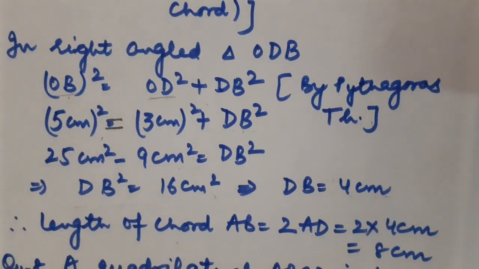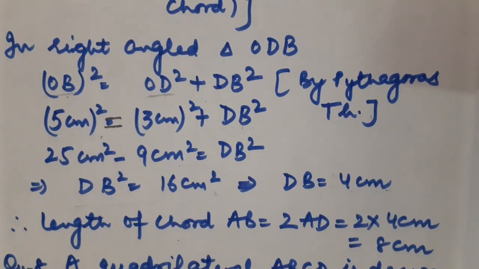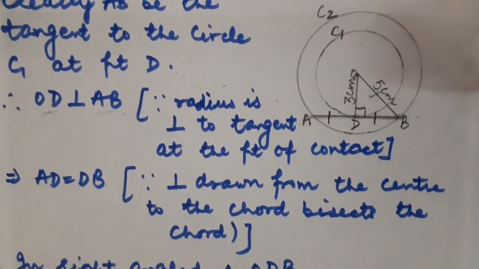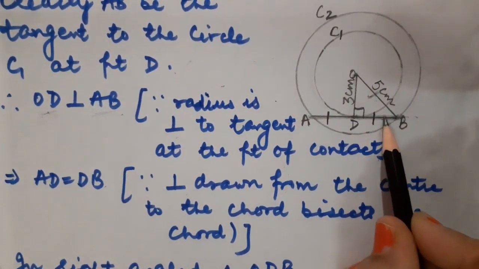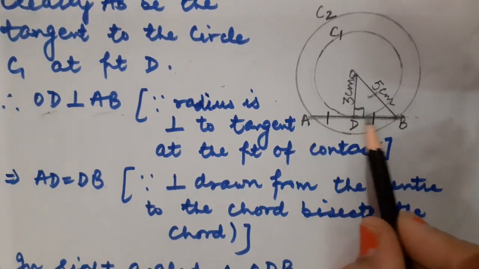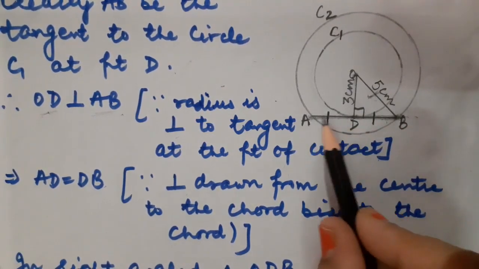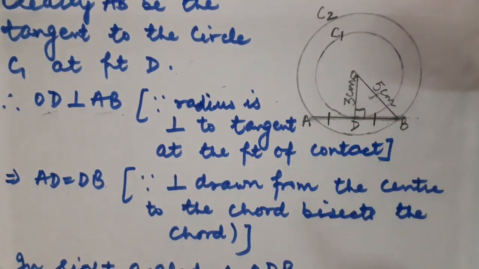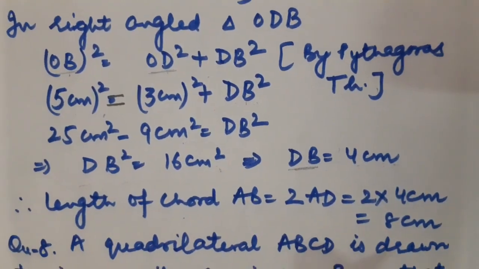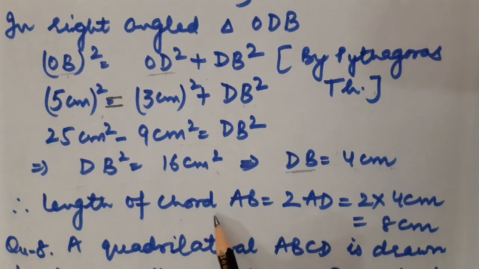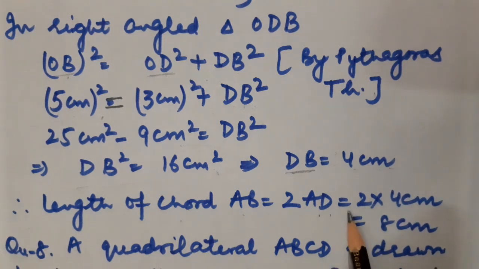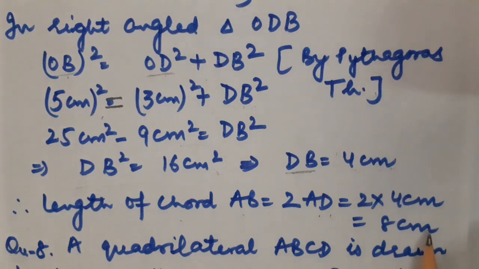Okay. Now children, as you know that the perpendicular drawn from the center point bisects the chord, and I have calculated this DB. Have a look please. This part I have calculated. This is 4 centimeter. And AD and DB both are equal. So it means AD will also be 4 centimeter. So what will be the total length of complete AB? That is double of DB. So length of the chord AB is equal to twice of AD, you can take twice of DB, that depends on you because they both are equal. So this is equal to 2 into 4 centimeter, that is 8 centimeter.